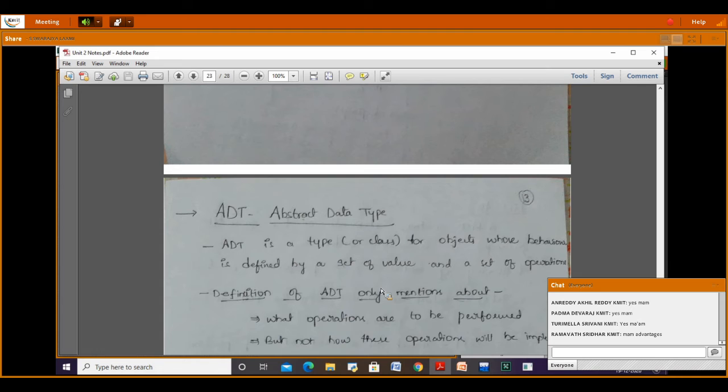If I ask you to write a program for a linked list or a stack, okay, what you have to do first is create a node. After creating a node, you have to add more nodes into that. Then after adding, in case I want to delete, I have to write the code for delete.